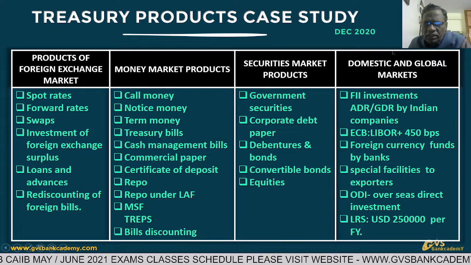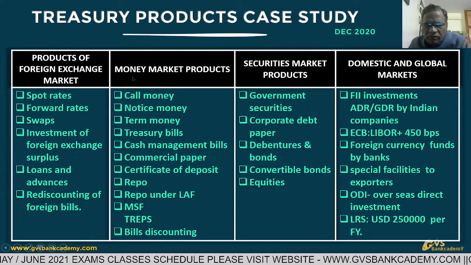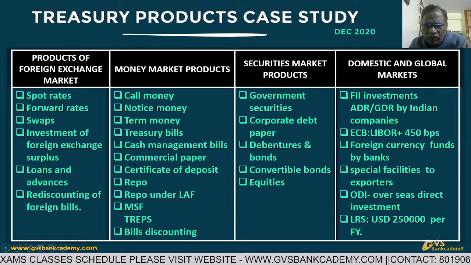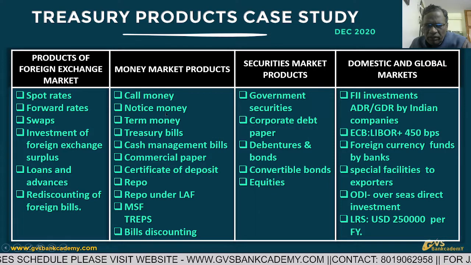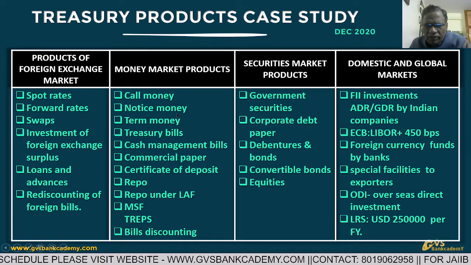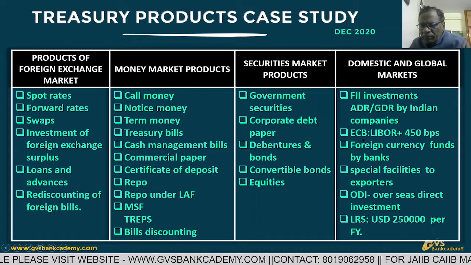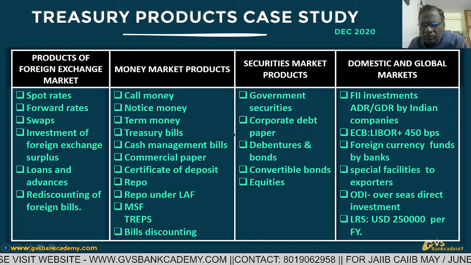So these are the important products. Out of this, very important is money market for all the examinations. For all JAIIB, CAIIB, we have also separately uploaded commercial paper, and certificate of deposit is also separately uploaded. Call money, notice money also we have uploaded as separate YouTube presentations. And ECB, 2 separate presentations are there. Anybody who wants to see further on this, please see.